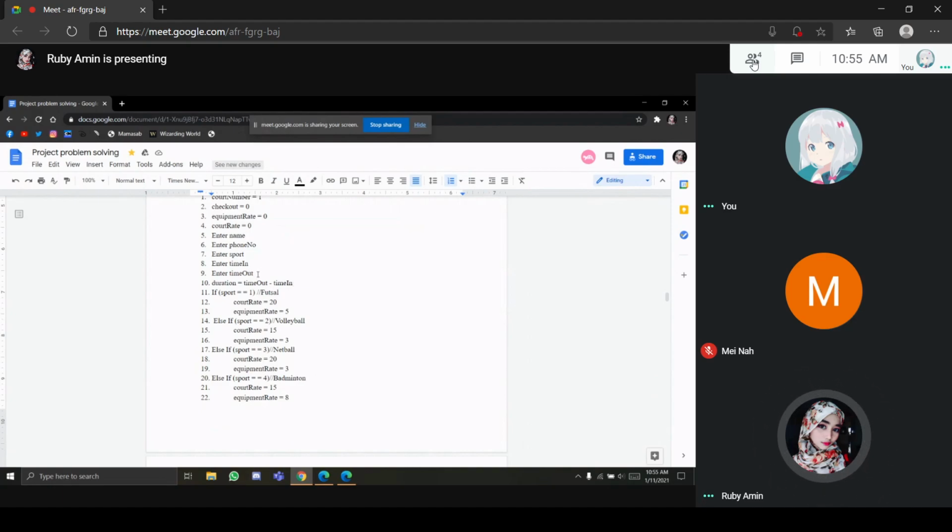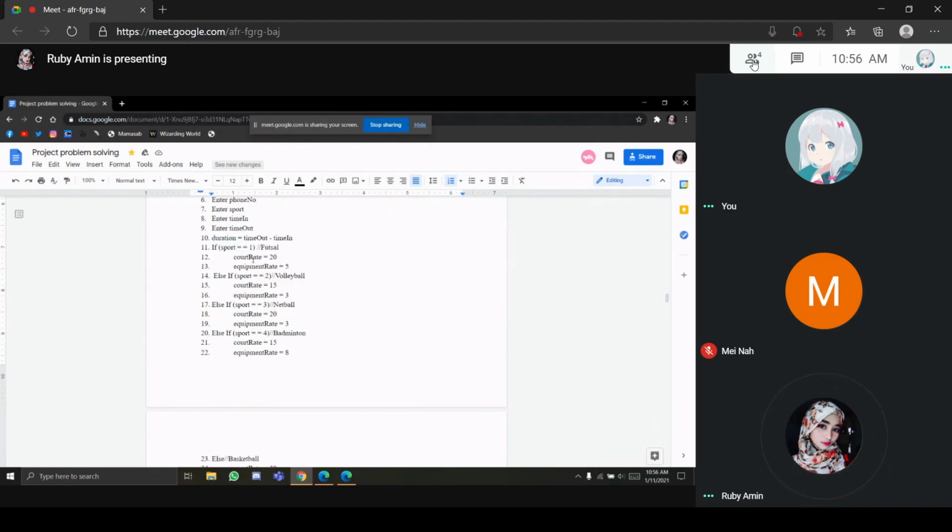As an example, if the time out is less than the time in, there will be a negative number. So it will have an error due to the duration. We cannot have a negative number for a duration. Okay, and then